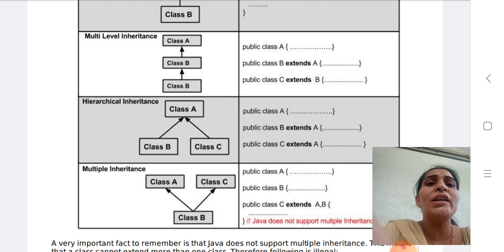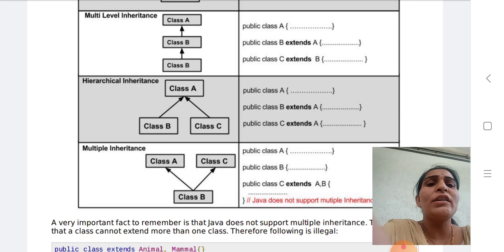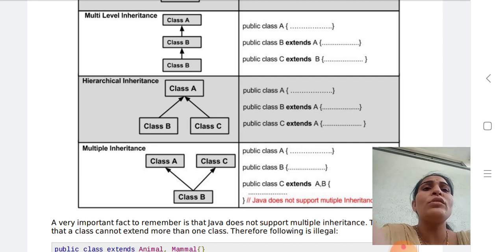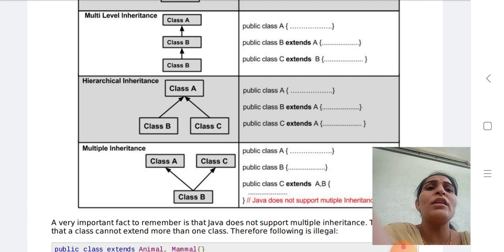Then hierarchical inheritance. What does hierarchical inheritance mean? From class A, two or more classes are derived, class B and class C: public class A, public class B extends A, public class C extends A. Two classes are derived from a single parent; that is hierarchical inheritance.